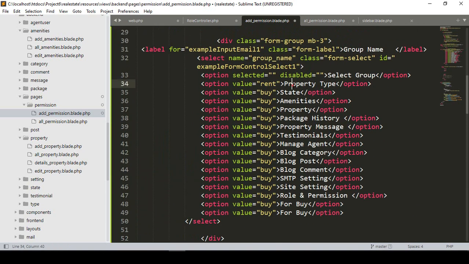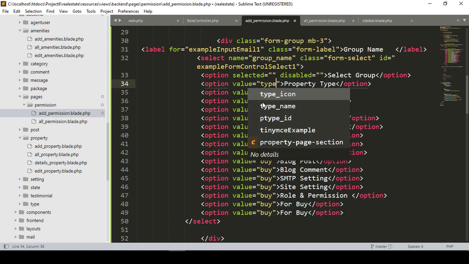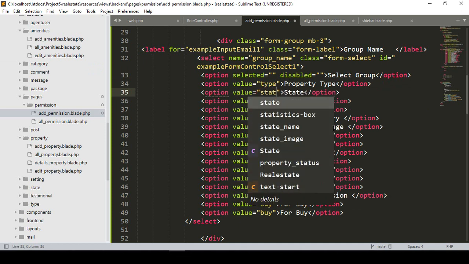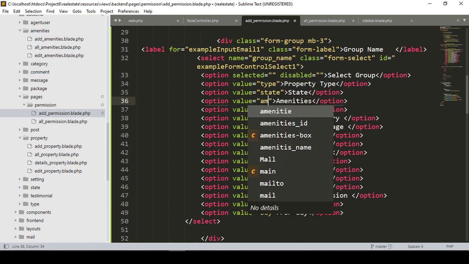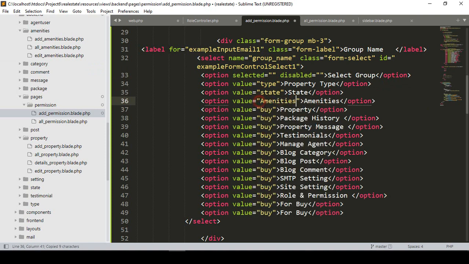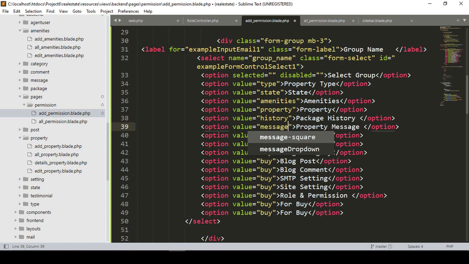Now when you select it, also I want to pass that our value will be like as a type. Sorry, that will be for the type, and then that will be for the state. Okay, that will be state. That will be for the amenities. Either then I can also copy it. That will be as amenities, and then that will be as a property. Okay, I name it as a property. This type of one of the value I want to pass, that will be as a history, and then that will be as a message, okay, and then